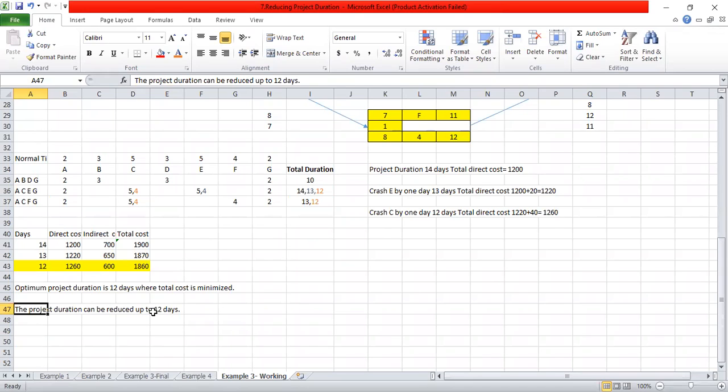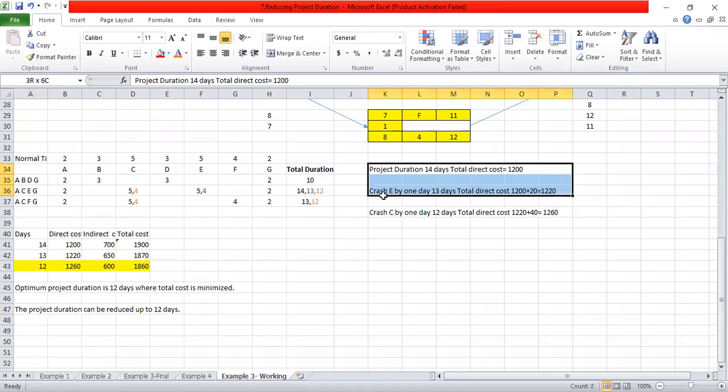So in the examination, please answer all these questions and please make sure to write down each and every step that you have done for reducing the duration of the project, right? So this is the way that you have to follow when you are doing example number 3, sorry,